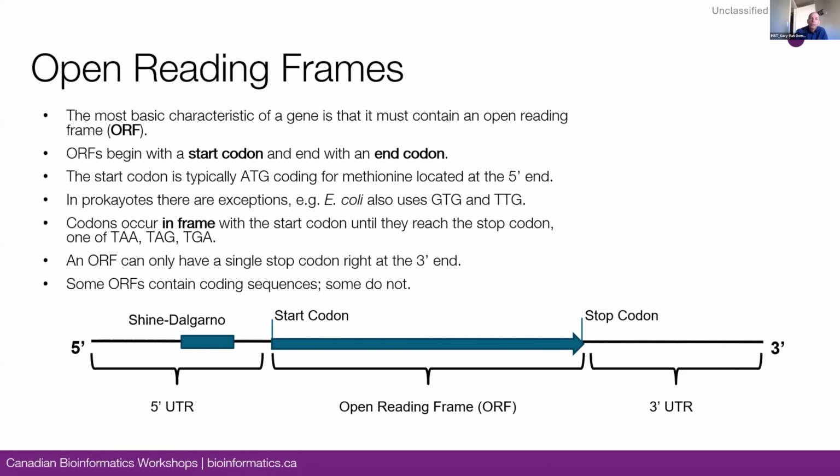So the open reading frame begins with the start codon, which can be an ATG, and it ends with a stop codon. It proceeds in nucleotide triplets called codons, in frame side by side from the start codon, uninterrupted until it gets to the stop codon. The start codon I mentioned is ATG, but there can be some exceptions, so GTG and TTG. ATG codes for methionine, GTG codes for, I think, leucine, and TTG for lysine, or